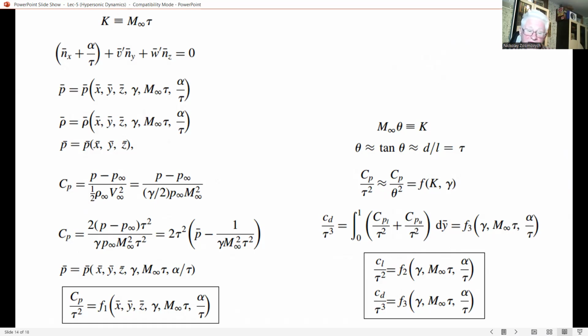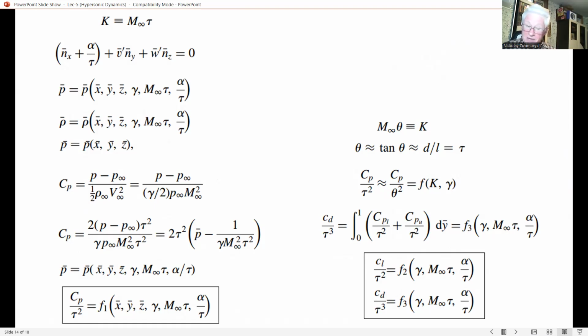The meaning of the hypersonic similarity parameter K becomes clear from an examination of the complete system of equations, because M infinity tau and gamma are the only parameters that appear in these non-dimensional equations. And then the solution for two different flows over two affinely related bodies, I mean bodies that have